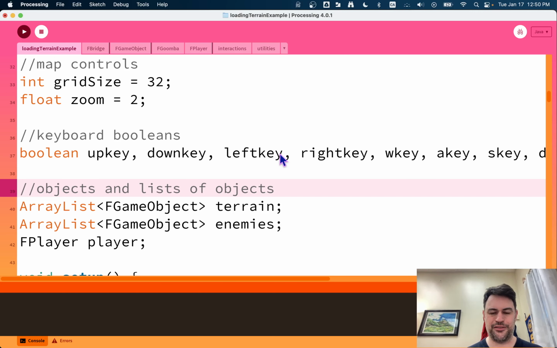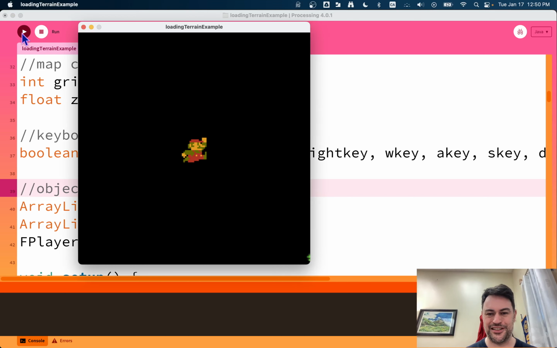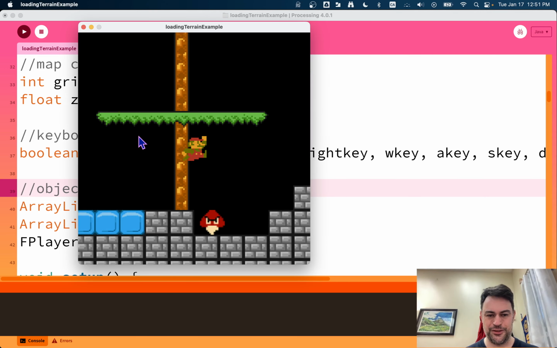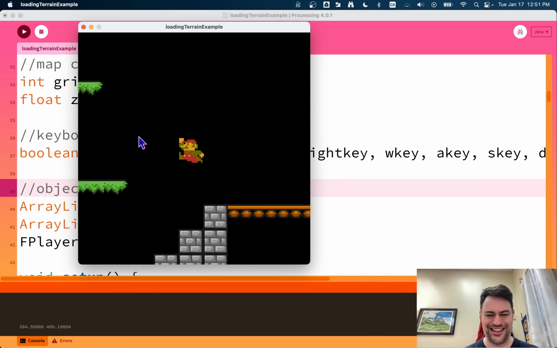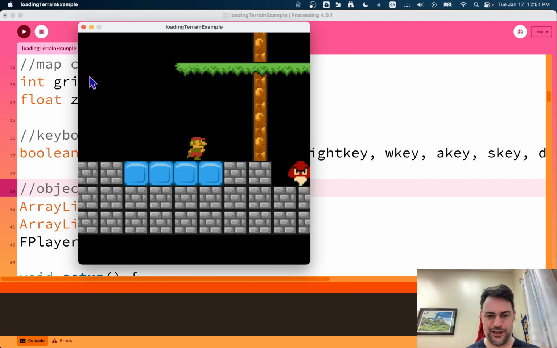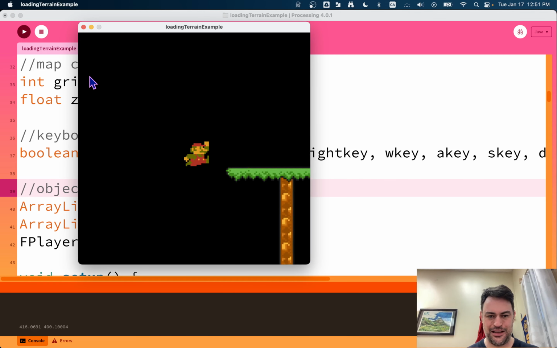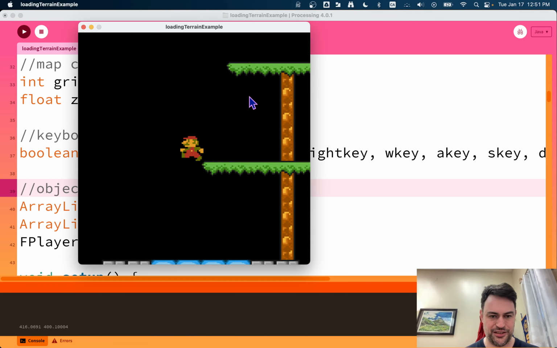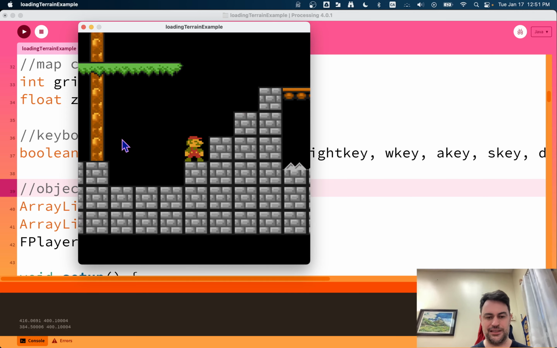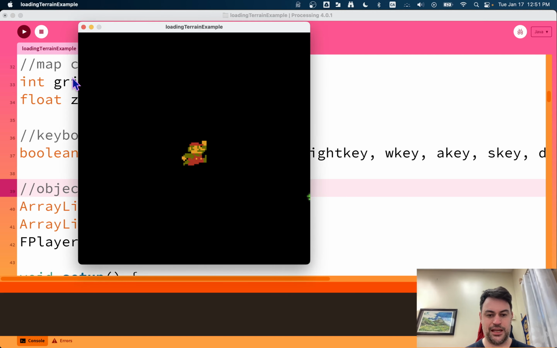Alright, Programming 12, we are going to be adding in some Goombas, or enemies of various kinds. Here's our project, and behold, there is a Goomba, and I can crush it from above. But if I land from beside it, I get hurt and get sent back to the beginning of the game. So the main thing to understand here is how do we create a Goomba, and how do we make it